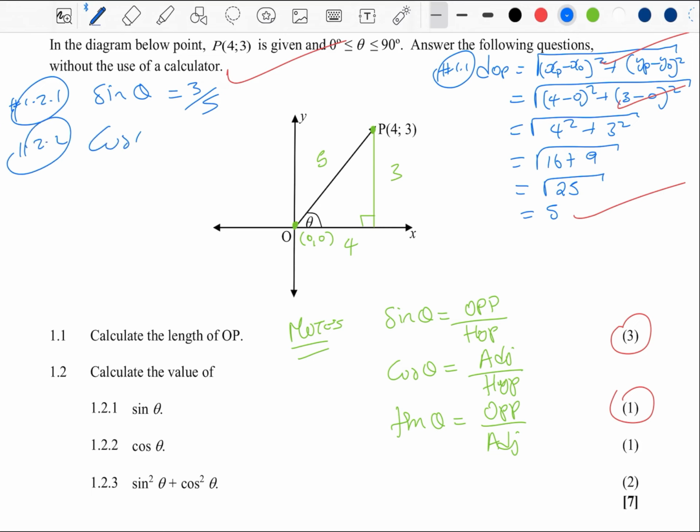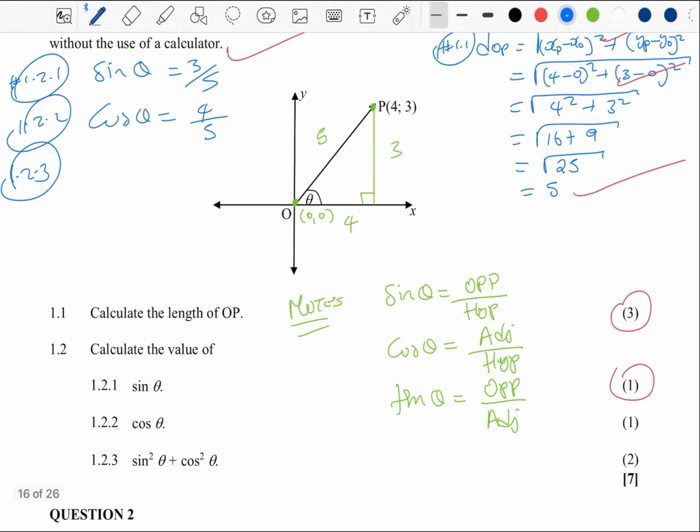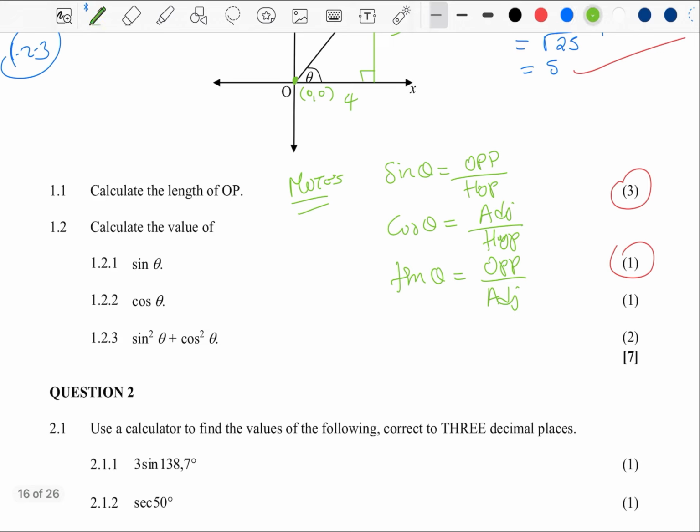1.1.2. So of course, cos theta is equal to the adjacent side of theta over the hypotenuse. The adjacent side of theta is this side here, over the hypotenuse, so this is going to be 4/5. Okay, and then 1.2.3, of course, we know the identity theorem, right, that sine squared theta plus cos squared